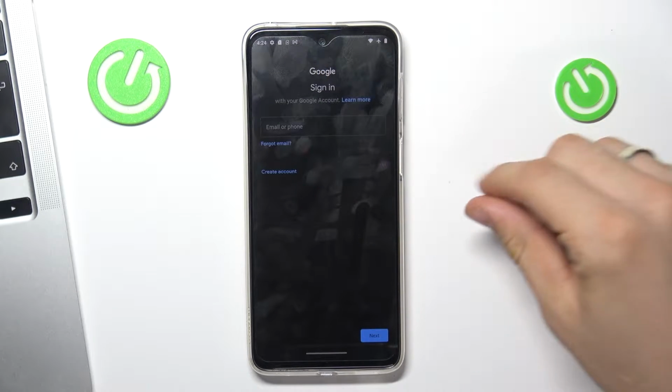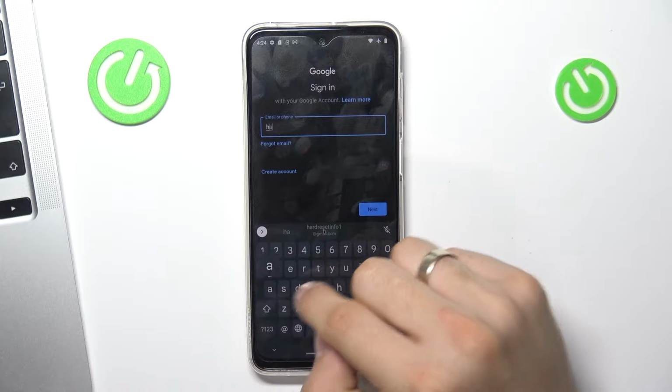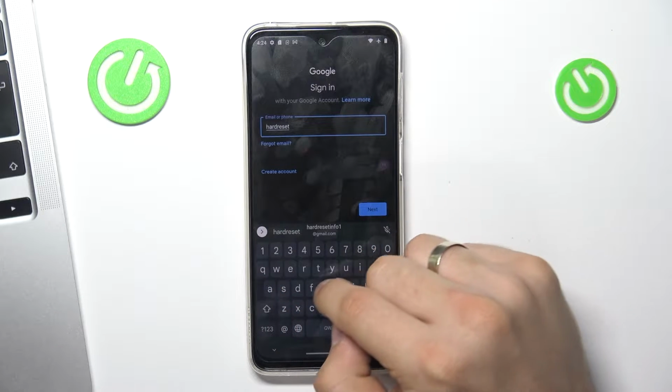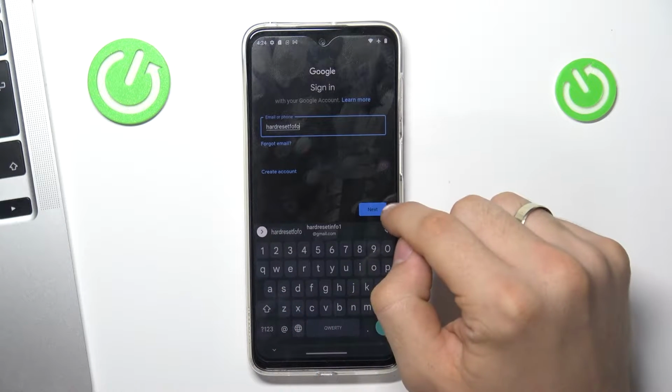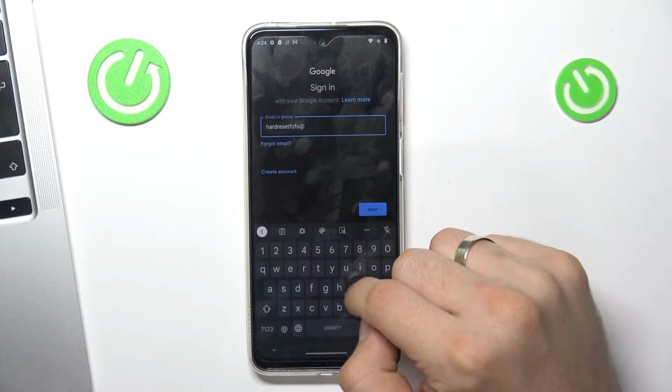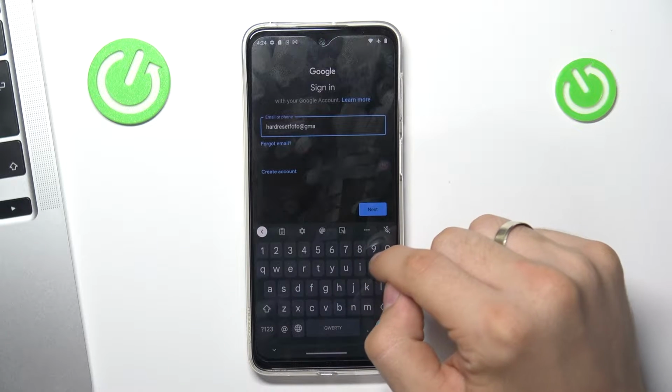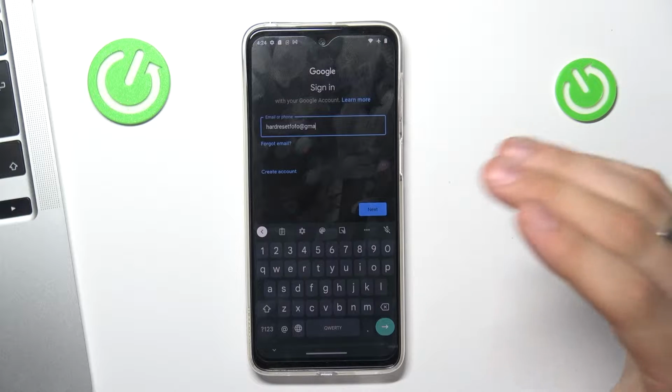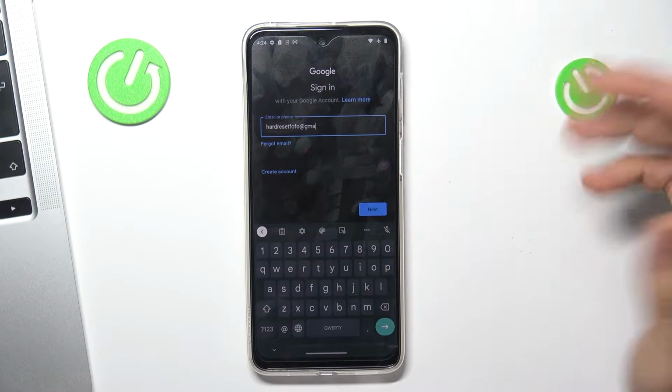But you need to know that if the child knows the password from his own account, he will be able to bypass the blocking of Google Family Link. So I suggest you to create a Google account with the password that only you will know,